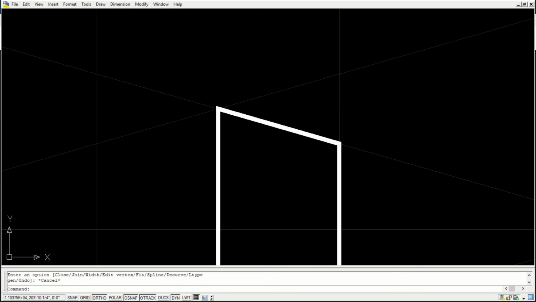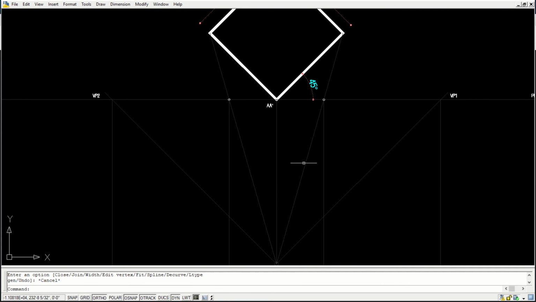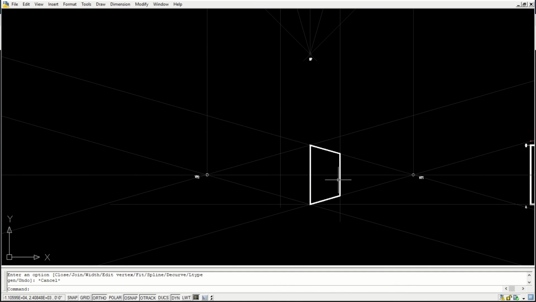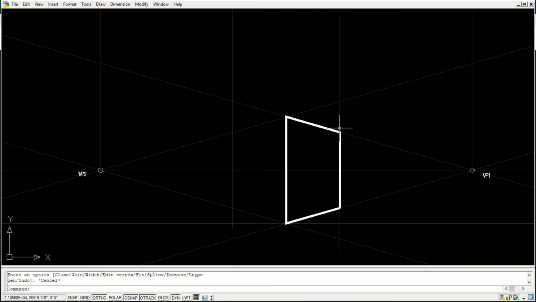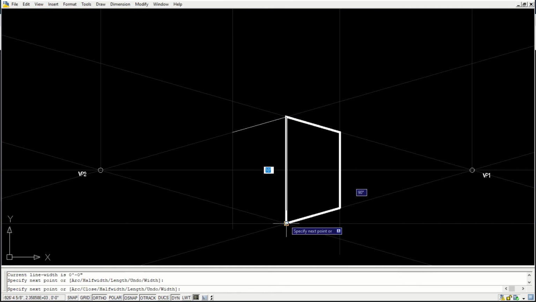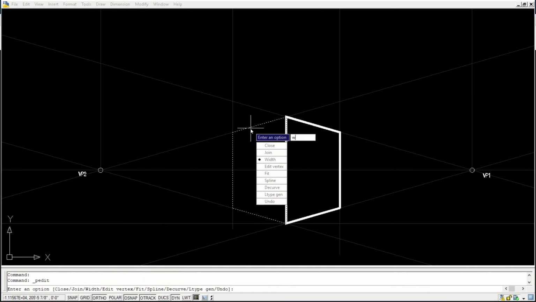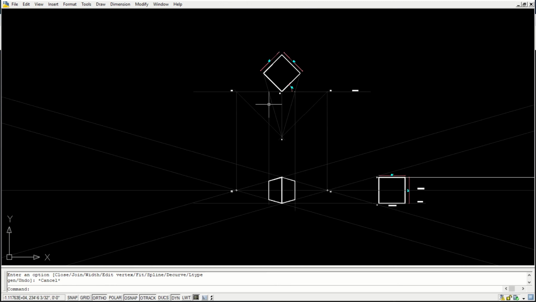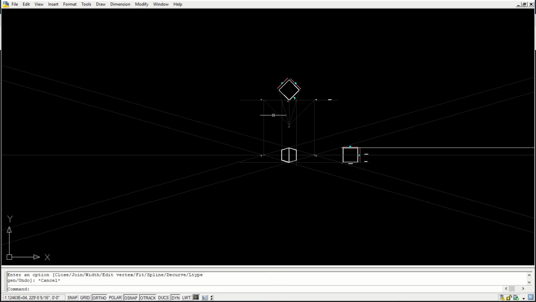So how did I get this edge? By projecting the object to the picture plane, and from the picture plane I have brought this here. How did I mark the height? It's based on the height that we have already marked here. Similarly this side, the object is drawn. Fine, I'll give you some more examples.